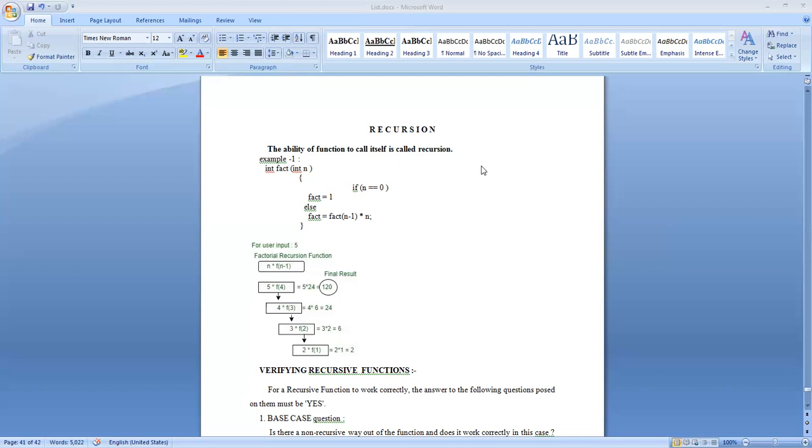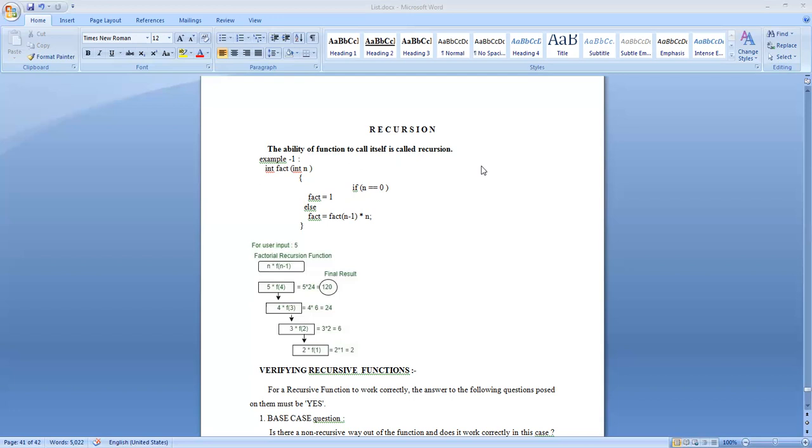There are many problems, like finding the factorial value of a number, summing the elements of an array, the Towers of Hanoi problem, and GCD, the greatest common divisor, that are solved using recursion. There are two types of recursion, namely direct recursion and indirect recursion.